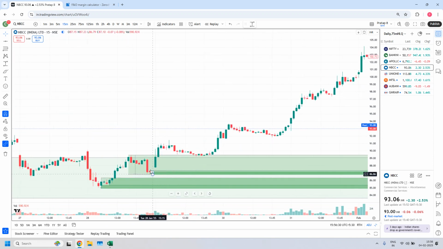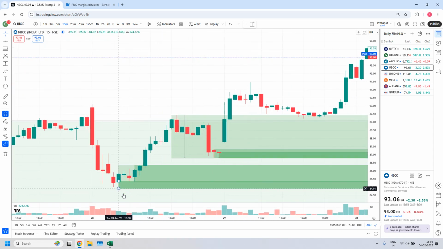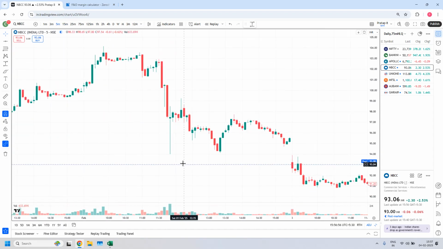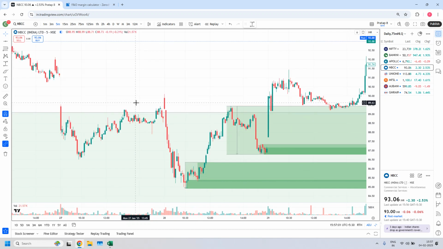Here you see, you have a drop, 2 base candles, rally with a gap. And also here you have a rally. This is a big candle rally. You have 1, 2, 3, 4 base candles and a rally candle. The 15-minute zone, rally, base, rally. Next, go to the 5-minute time frame. In the 5-minute structure,